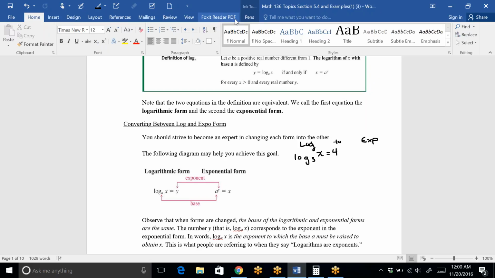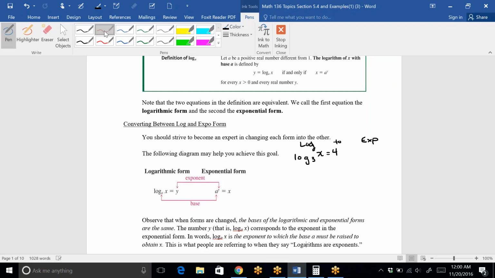We have what we call the spiral technique for this method, and not everybody calls it that. That's my name. This is still your base, so 3. The answer to a log is always an exponent, so 3 to the fourth equals x. The reason we would want to do this is because then we can solve it. 3 to the fourth is actually 81. So when you read a log, when you say log base 3 of x equals 4, you're saying,